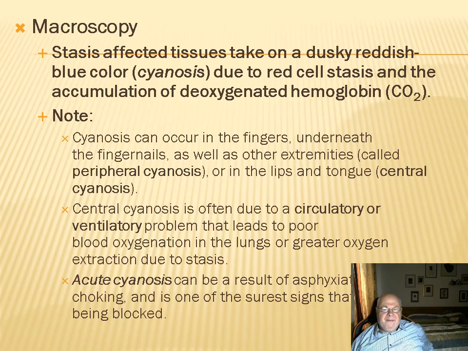Macroscopically, we have, as a result of accumulation of this blood rich in carbon dioxide, which has a much more bluish color than reddish color, a blue coloration of the tissues which are available to be seen with the naked eye, and this blue coloration is called cyanosis. Cyanosis is possible to be seen again at the level of skin or mucosas,